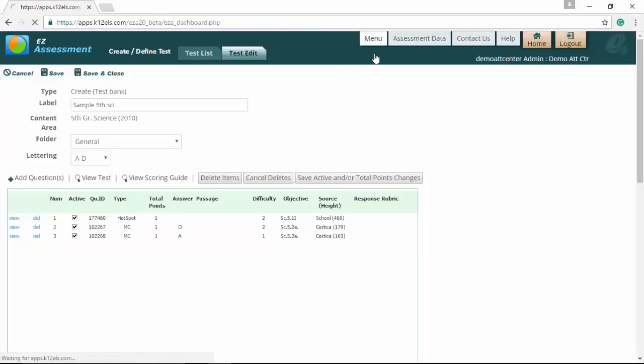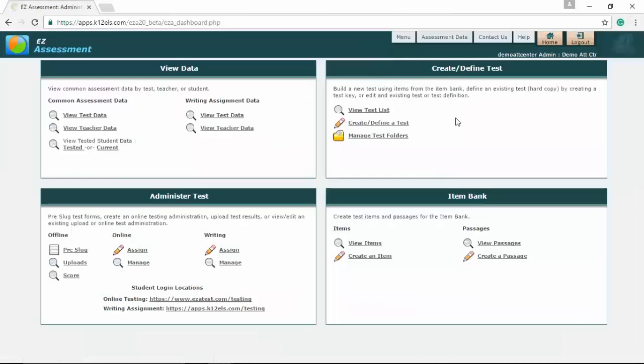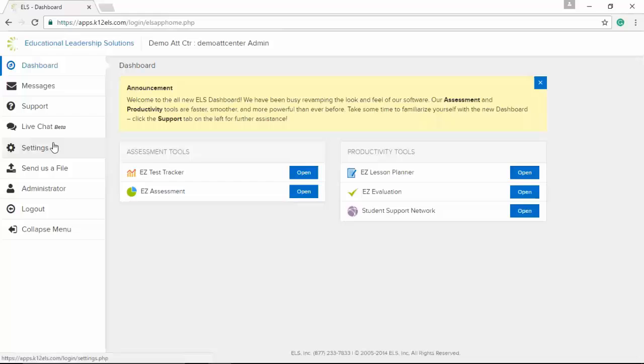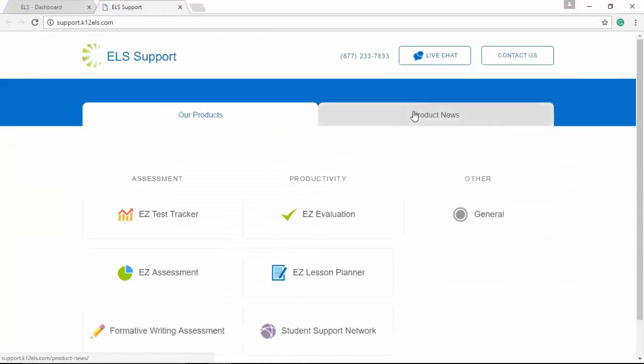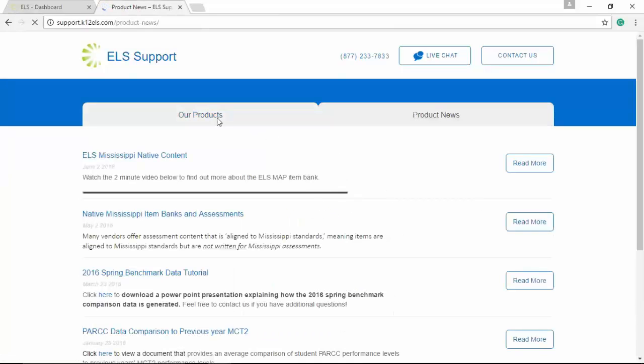I believe that is all the changes that we've made for this release. We will have a couple more releases coming next. You can find any of that information if we click on the home page and go over to the support page. Under product news, we should have some information there,